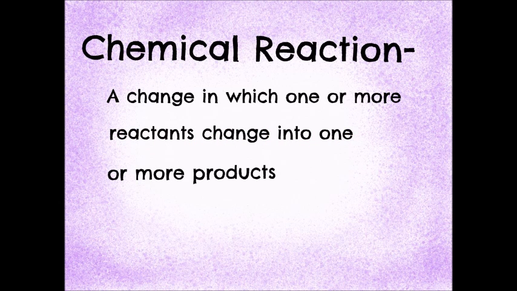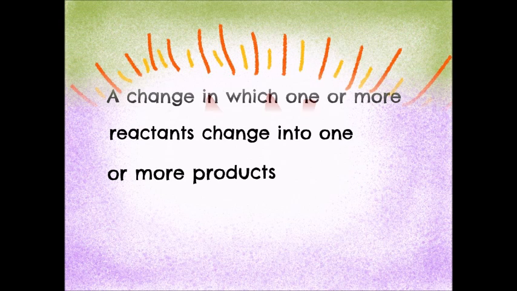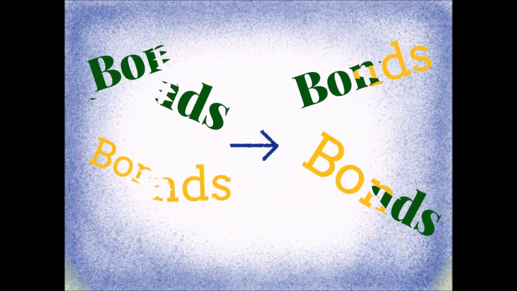A chemical reaction is defined as a change in which one or more reactants change into one or more products. It is especially important to remember the change part, as chemical reactions are all about change. In a reaction, atomic bonds in the reactants are broken down and reformed into new products. Reactants are the substances that go into the reaction, and products are what comes out of it, or what the